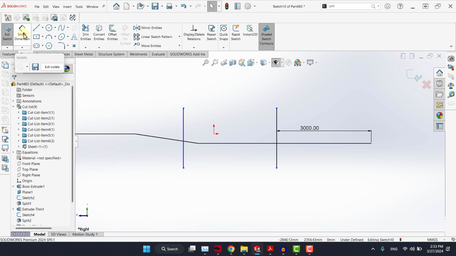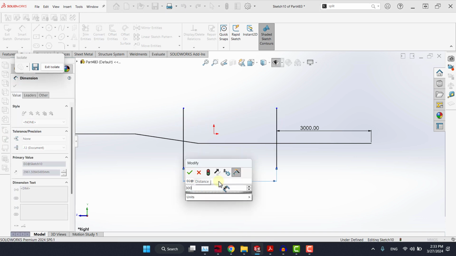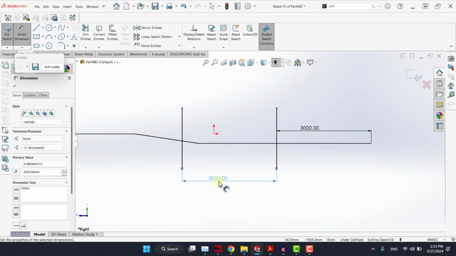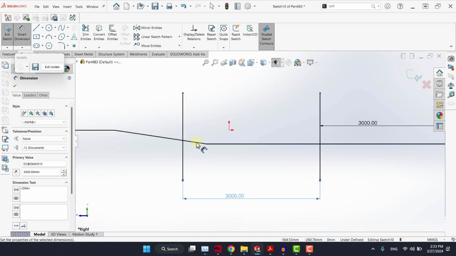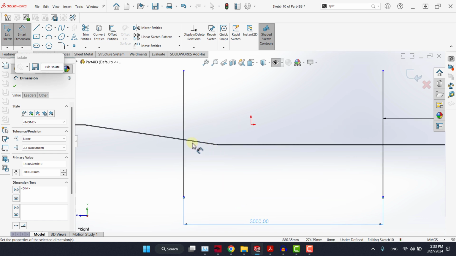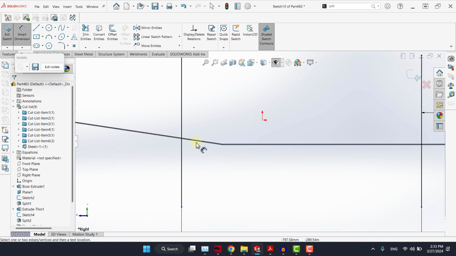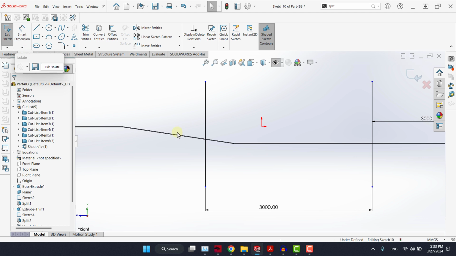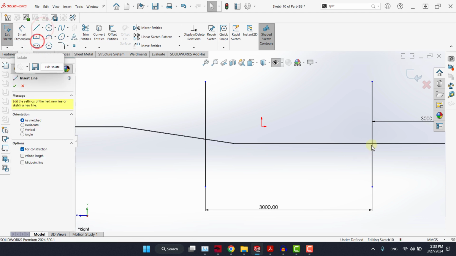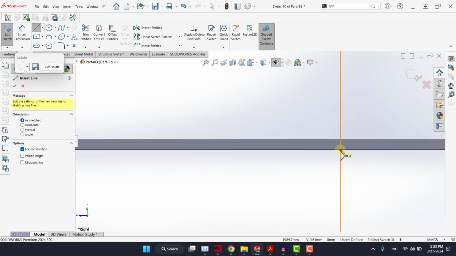We need to see if this distance before the bend or after the bend is 3000, and basically it's after the bend. So let's say this is 3000, and that involves having this bend here. But due to the angle here, we already know that this length will be more than 3000, and we don't want to exceed it, because imagine if you flatten this part here, the length will be more than 3000. To solve this problem, we simply start with a sketch and a line here,